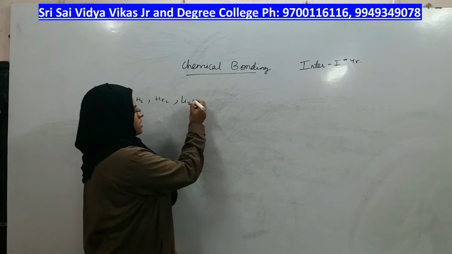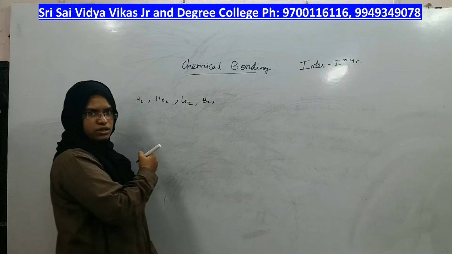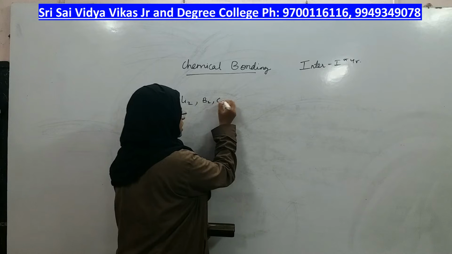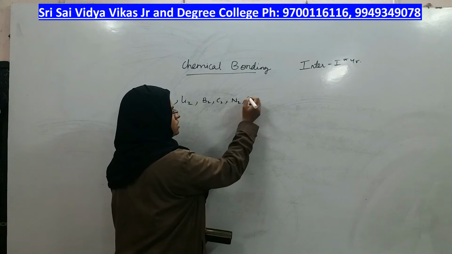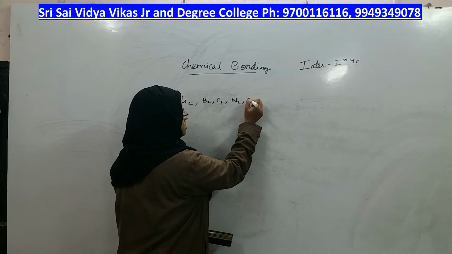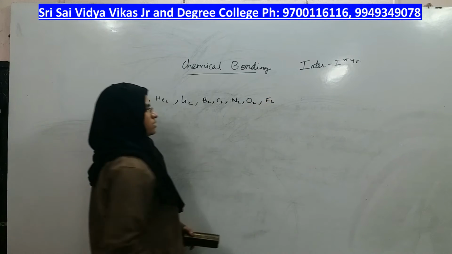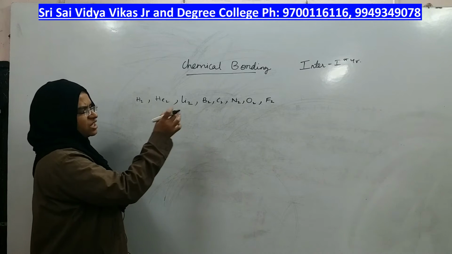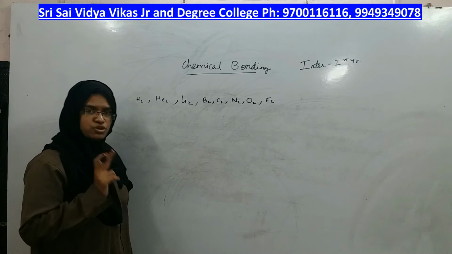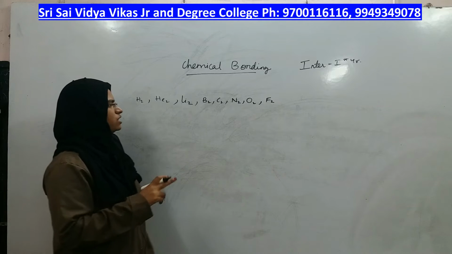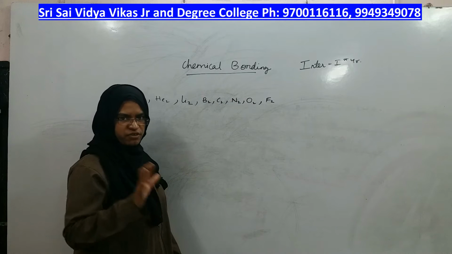So after beryllium, what comes next is the boron molecule, then the carbon molecule, then the nitrogen molecule, then the oxygen molecule and the fluorine molecule, right? We will see each and every molecule by following the same concept, but what you should know here is that you must be perfect in the electronic configuration of the atoms present in those molecules.